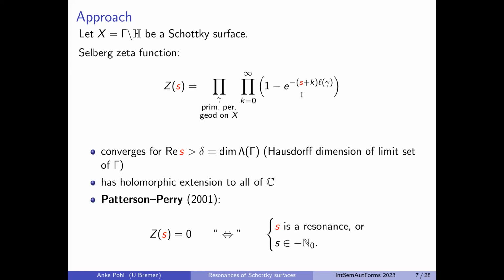These are absolutely well understood. We do not have to care about that. So we can focus on the first part, saying resonances are essentially the zeros of the Selberg zeta function. So instead of calculating resonances by means of the resolvent, we can try to find the zeros of the Selberg